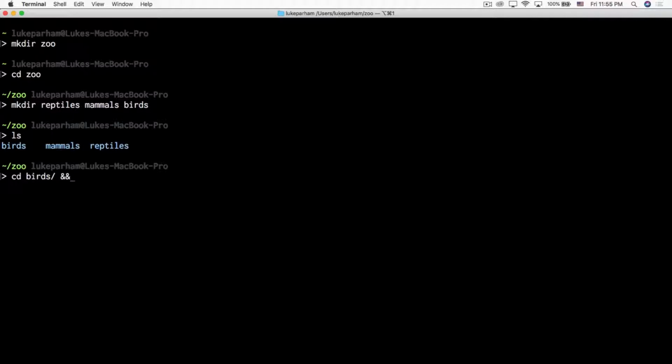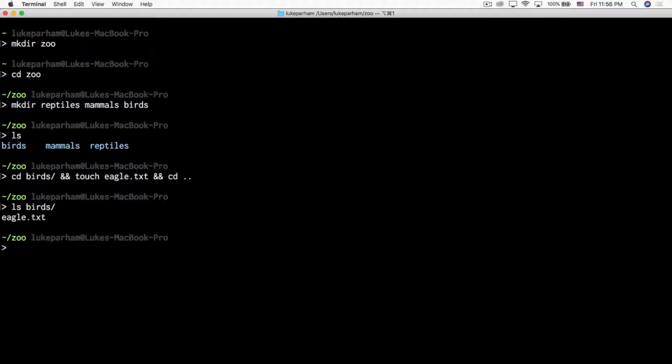So after we're in the birds folder, we'll want to do touch, and we'll touch the eagle.txt file. And then once the file is created, we'll just want to cd back up one directory. So we type and again, and then cd .. And then you can just go ahead and hit return. And as you can see, we're still in the zoo folder. But if we do an ls on the birds folder, we see that our eagle.txt was successfully created and placed